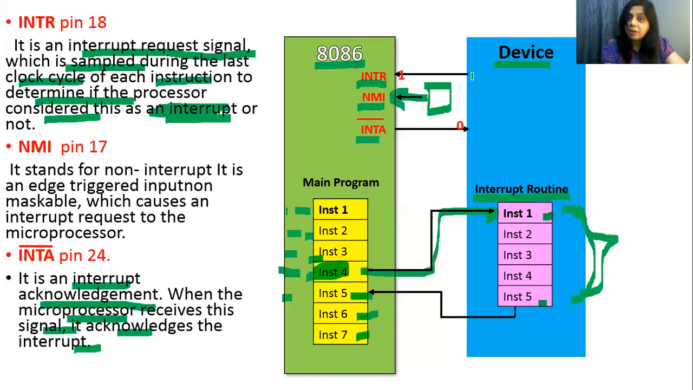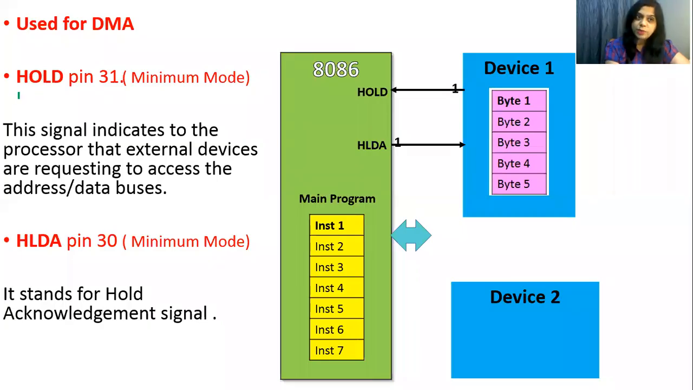But for an interrupt arriving on the INTR pin, 8086 may refuse or may neglect this interrupt. So this is the difference between INTR and NMI. Both are interrupts, but one is non-maskable, that means non-avoidable, and INTR is maskable. That means if 8086 thinks that I don't want to acknowledge, then it may not acknowledge. Now next pins are